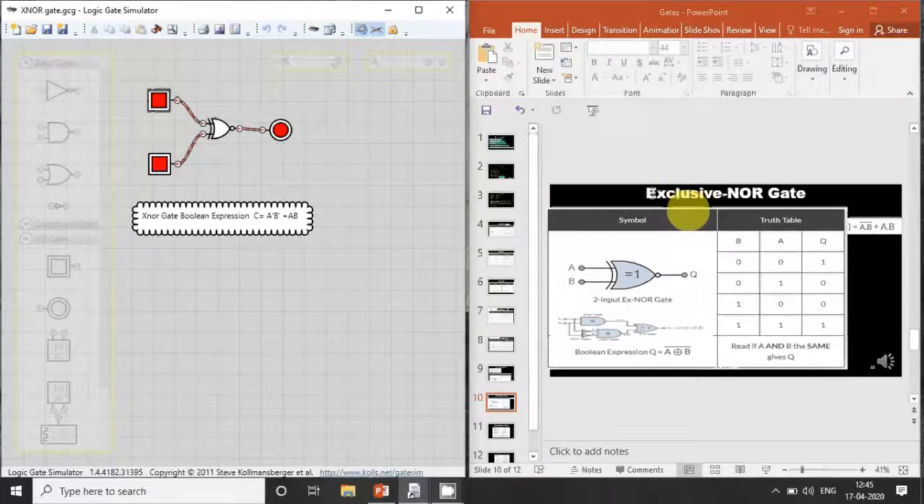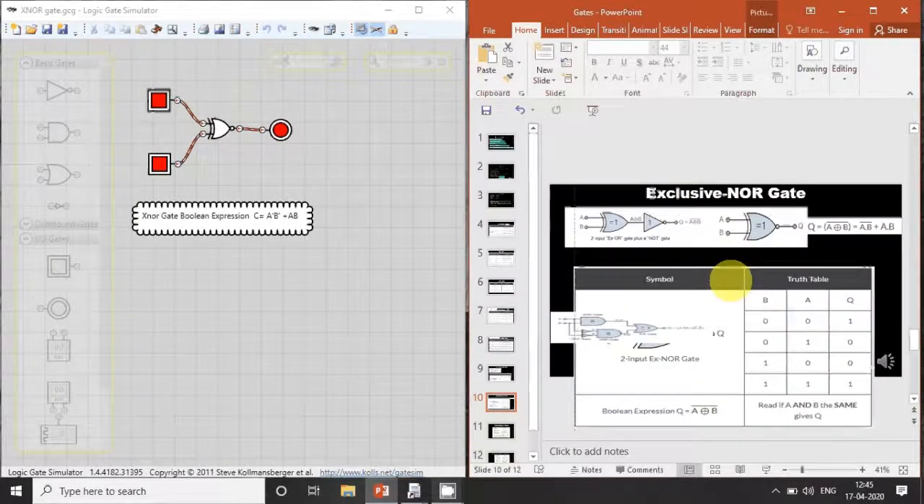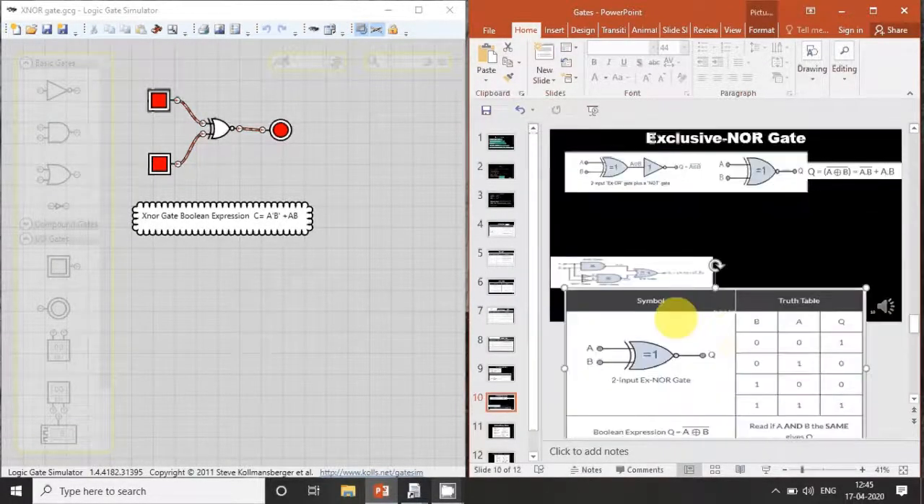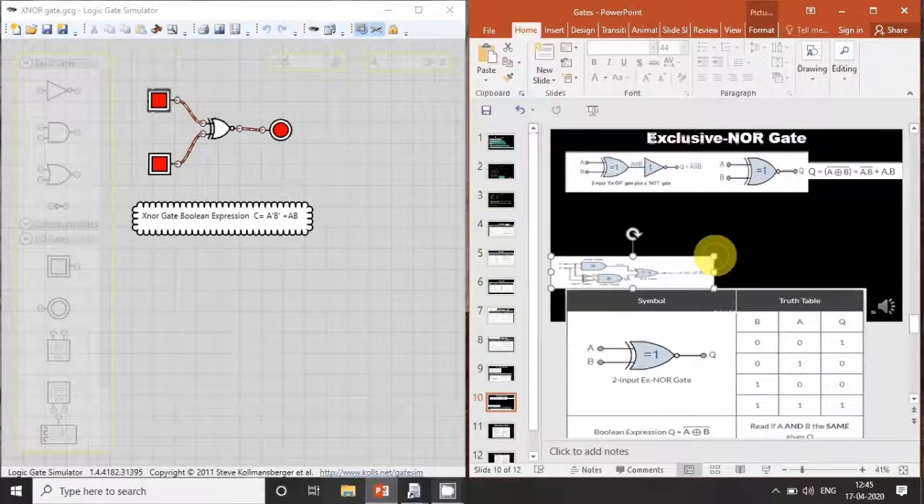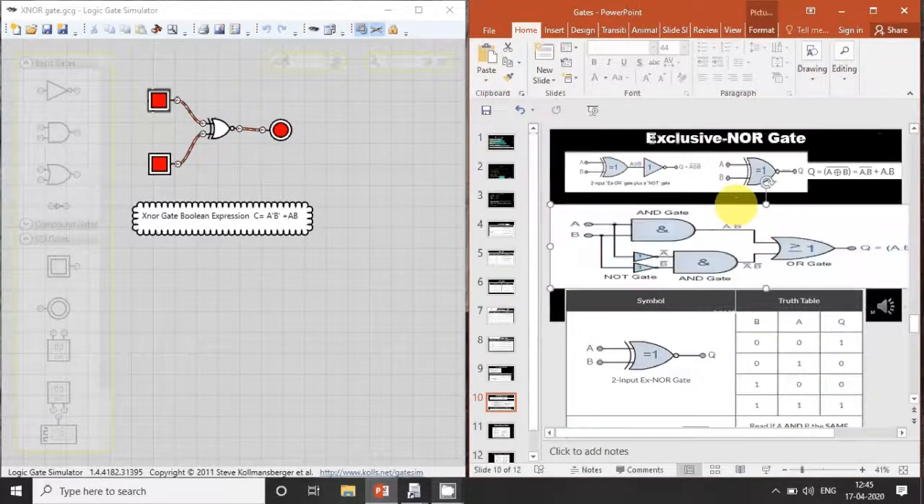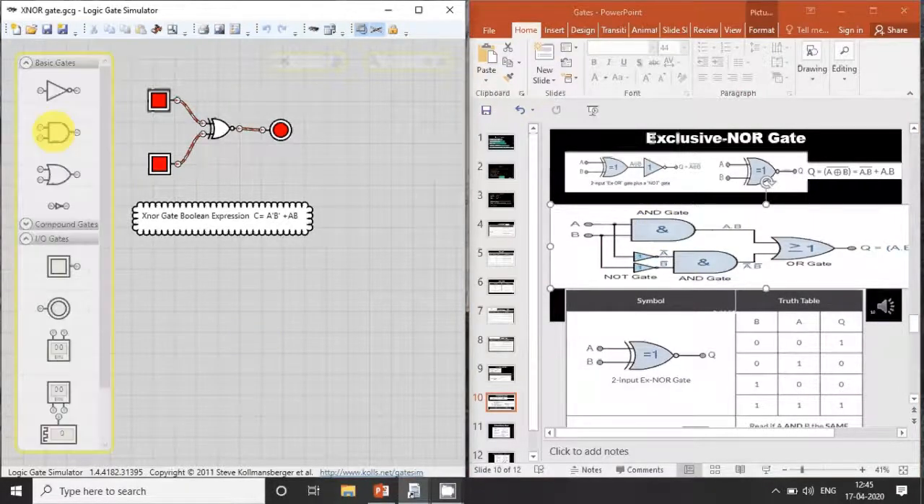Now we realize the XNOR gate with the help of particular gates. This is about XNOR gate realization: how we can realize the gate with the help of these particular gates. To realize this gate, first we have